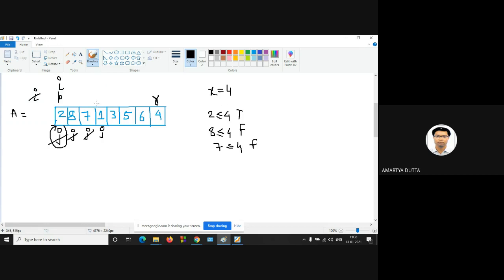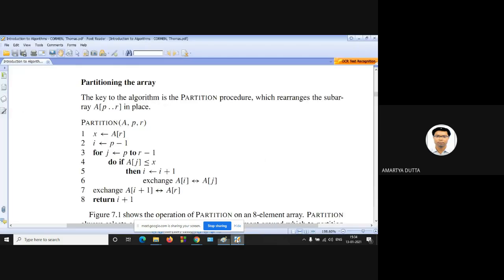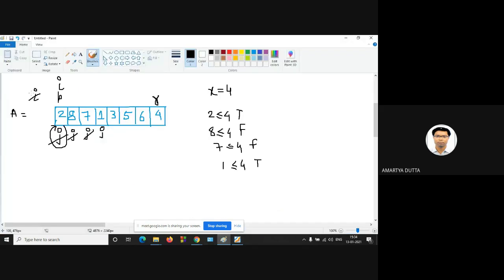So what should I do now? Anyone, please? Swap 1 and 8. Yes. So 1 is less than or equal to 4. Yes, true. Your AJ is less than or equal to X. So first increment the value of I. I will be at this position.